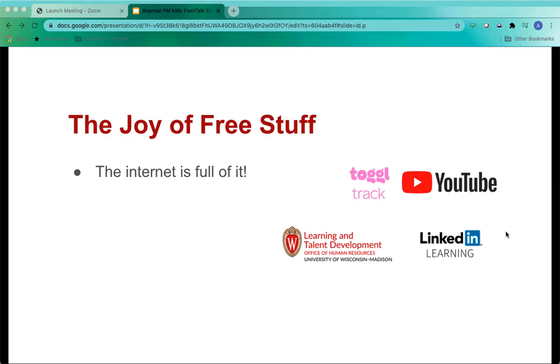It's really amazing. One of my favorites on that note is something called Toggl. It's a time tracking tool. How long does it take to actually do something so you can better plan your day or your whole project? Who knows sometimes, but Toggl will help you figure that out. Now, finally, on the joy of free stuff on the internet, I want to also mention YouTube. There is a lot of good stuff on there from really smart content creators who make really professional looking videos, and it's all free, so check that out.